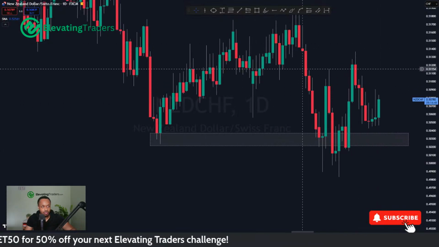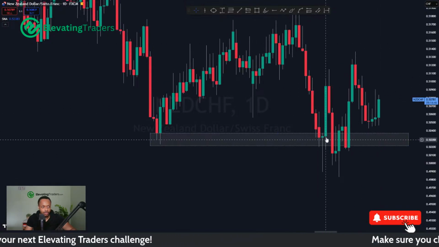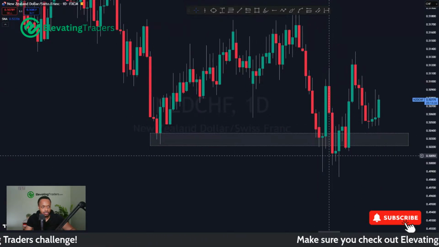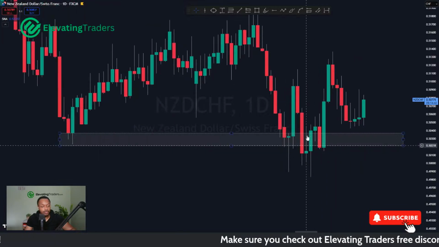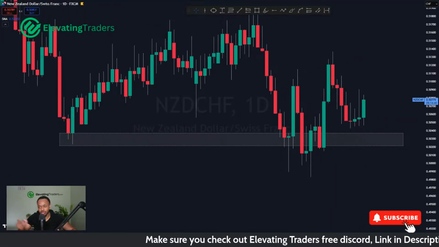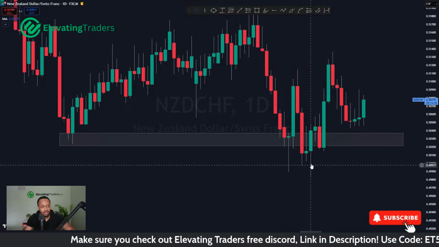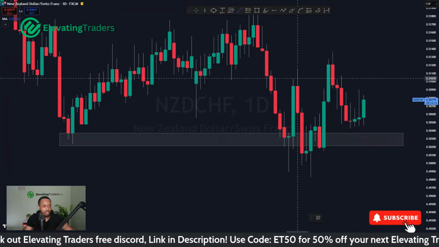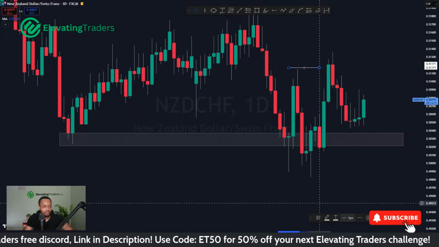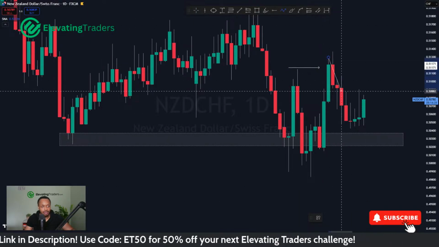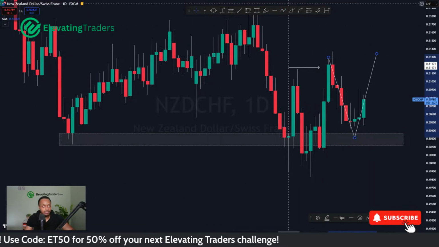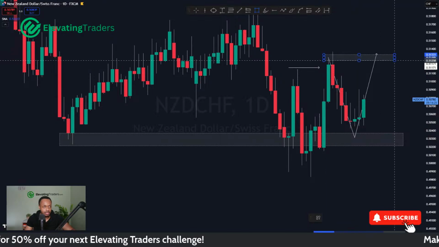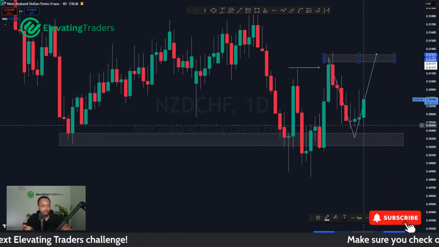We had a really strong move here. Price wicked through it, pushed to the upside. Another strong move. Did close below in fairness, but failed to really continue. A lot of wicks to the downside, a strong close back above. Then momentum took us to the upside and actually broke through the high here as well. And then I was looking for price to pull back, retest support, and then have a bit of a bounce, at least for a push back into resistance. So that's been my plan for New Zealand CHF.